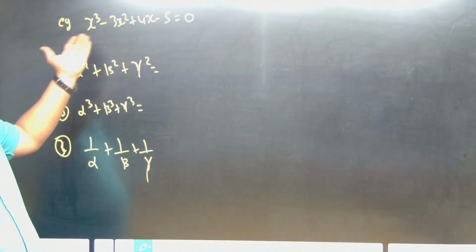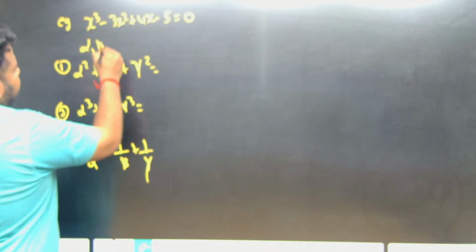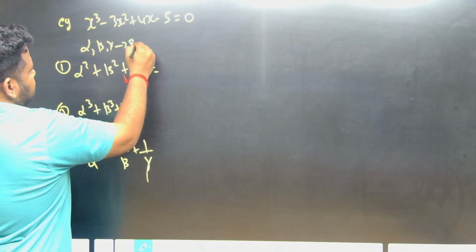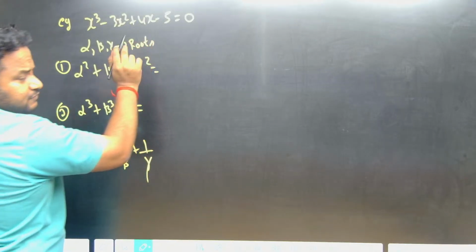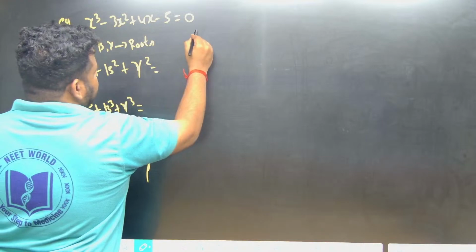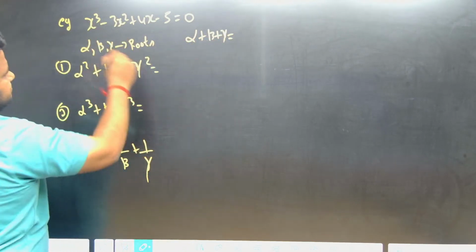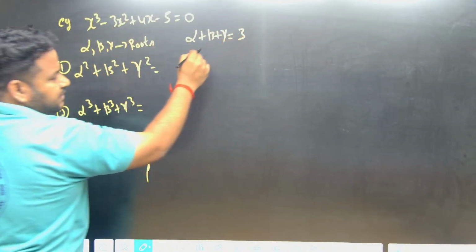They are given this question. They are telling alpha, beta, gamma are the roots. Now for this, if I have to find out, the first thing I should do is the sum of the roots. Alpha plus beta plus gamma is equal to what? Sum of the roots is minus b by a, that is minus of minus 3, which is